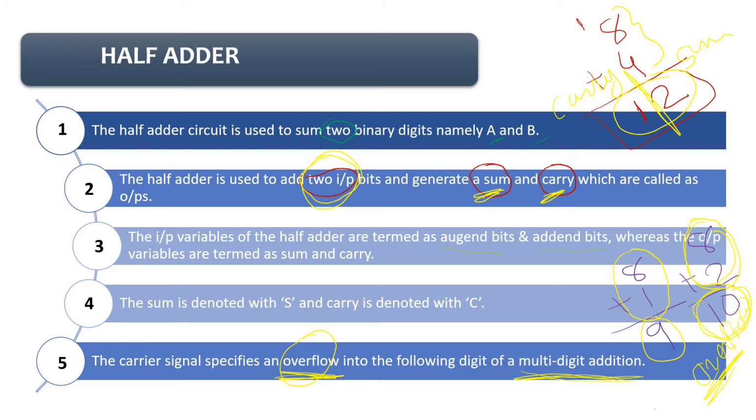When we do the sums, you will get a clearer idea about all these different terms like sum, carry, and overflow. This all we will learn in the sums. So hope this half adder concept is clear. Once again I'm repeating this. What is a half adder? Half adder works with two binary digits. In the output you get two outputs, one is a sum, second is a carry, right? And overflow can be possible. Simple. Okay.